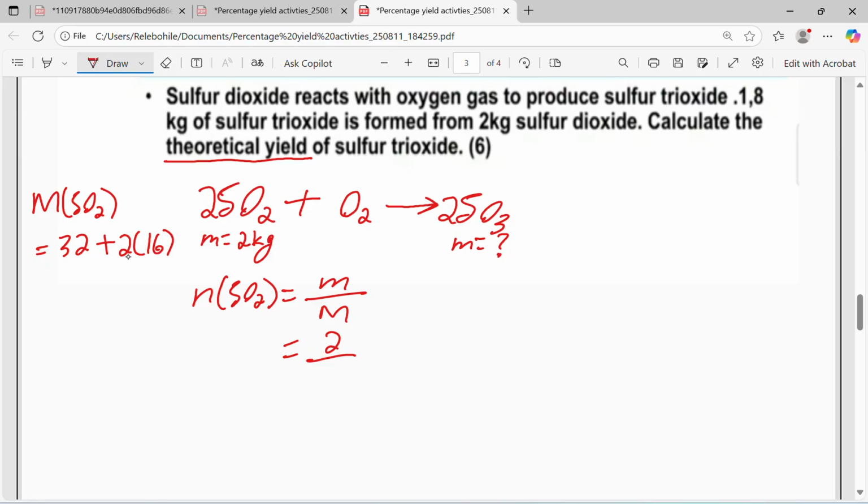So 32 plus 2 times 16 will give me what value? I believe it's going to give us 64. We can confirm 32 plus 2 times 16 is, the value we get here is 64 grams per mole. That's how we get our molar mass. So for this big M, I'm gonna put 64, and then from there I go to my calculator to say what is 2 divided by 64, and the value I get here is going to be